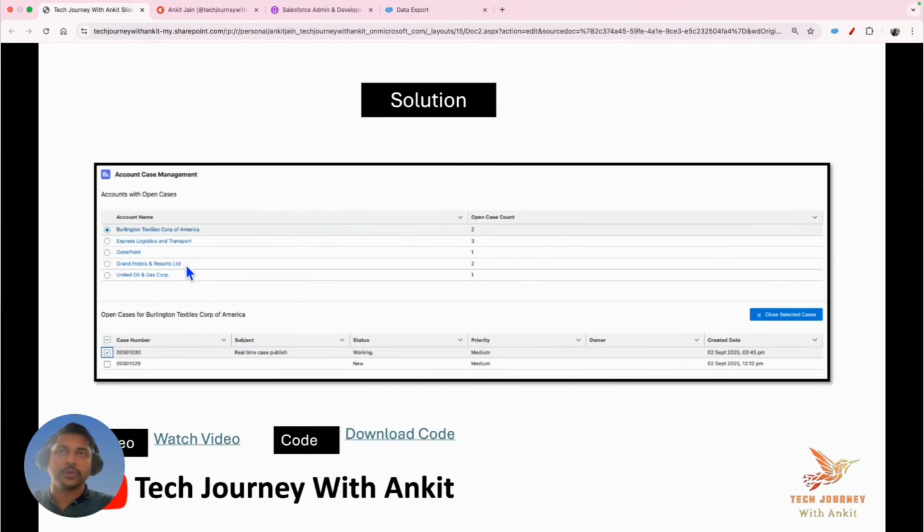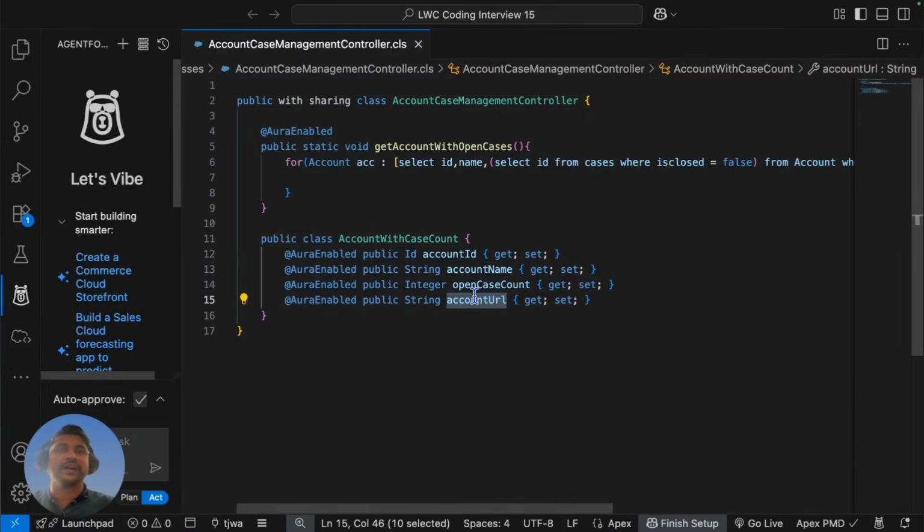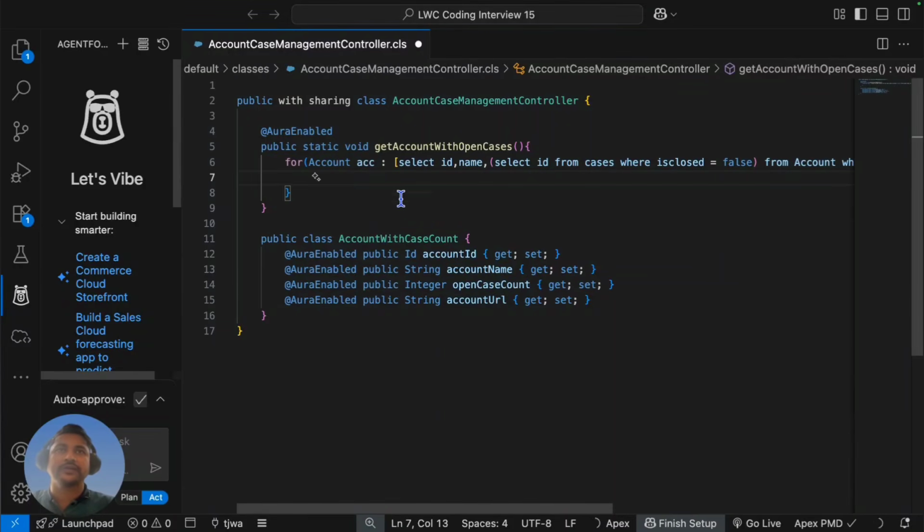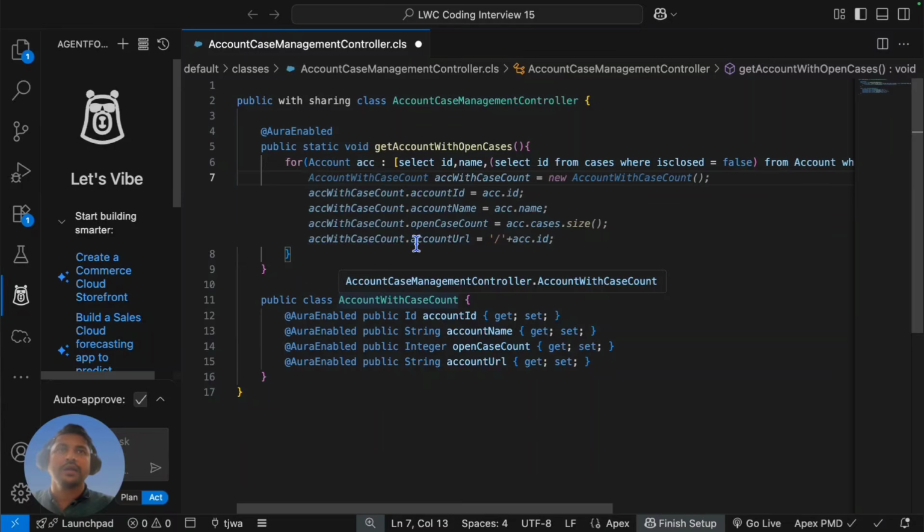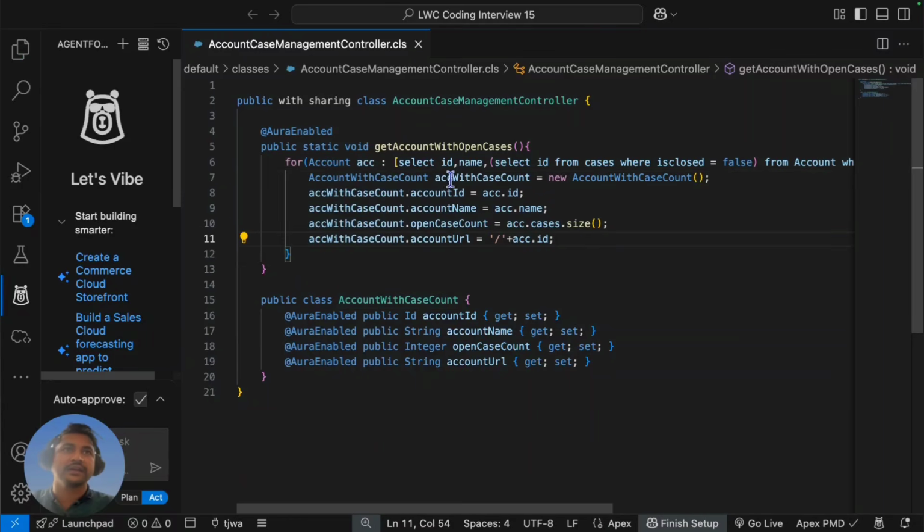What I want to show you here is how you can make this particular link clickable as well, right? And for that, I am adding here another field with the name of account URL. Right, now let's go and iterate over this and populate this wrapper like this. I'm taking the help of the IntelliSense again, putting the account with the case count. I am creating the instance of this variable, populating the account ID, followed by the account name, followed by the